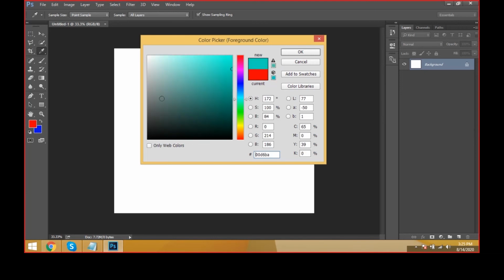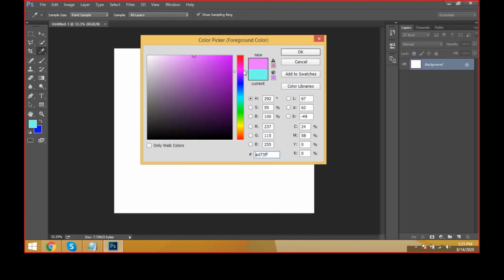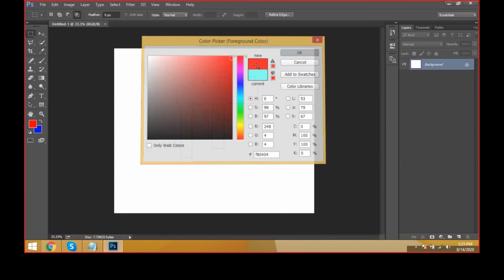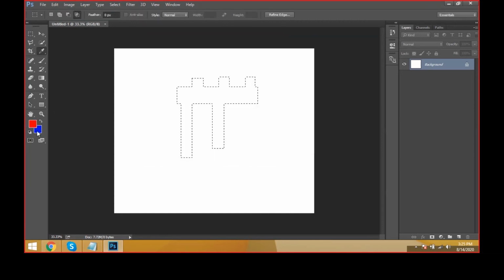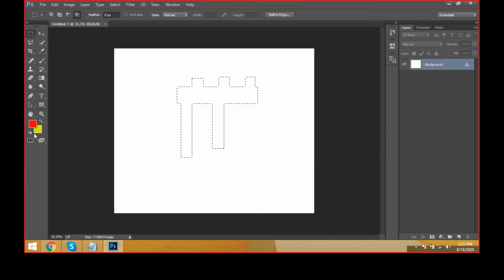And here we have three types. One is light colors, the second is mid-tone colors, and the third is dark colors. It is a darker color, it is a mid-tone color, and it is a lighter color. You can take this picker wherever you need, like this. The first one is a red color, and I'm keeping the mid-tone colors. And the second one is a yellow color, a mid-tone color.